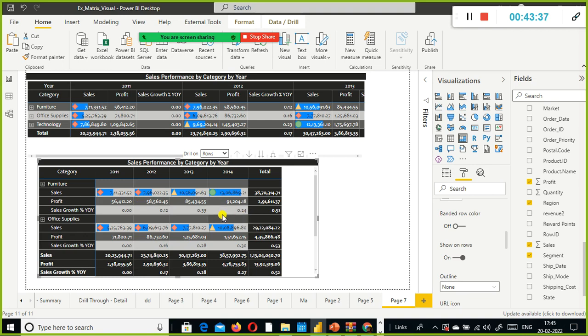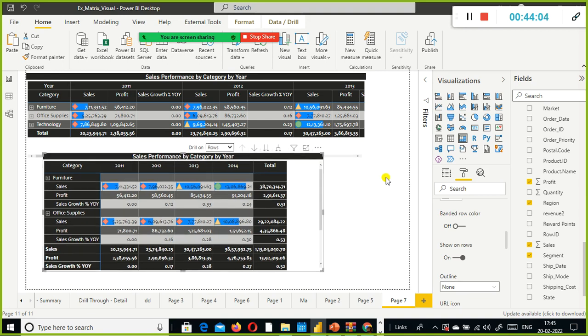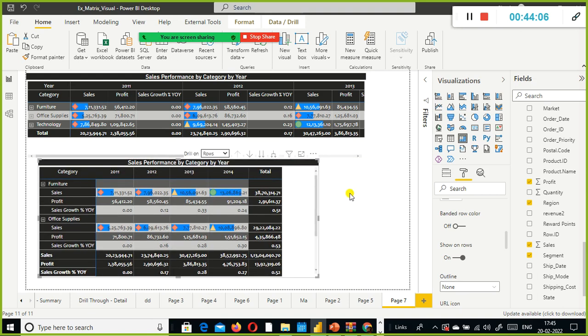Okay, we could see compared to the previous year, there is a 0.24 increase in the sales. Similarly, you can find out the profit growth percentage year on year, right? So same metrics, probably a measure I can use, same formula. Only thing is you need to use sum of profit. You need to compute the total profit and then compare this year's total profit with the previous year's total profit, right? So that's how we need to find out. And divide it by the sales.